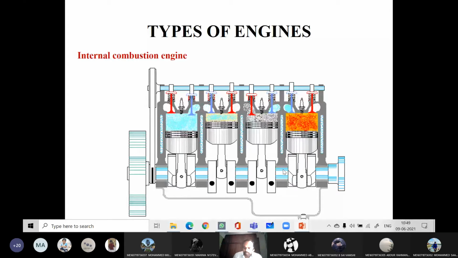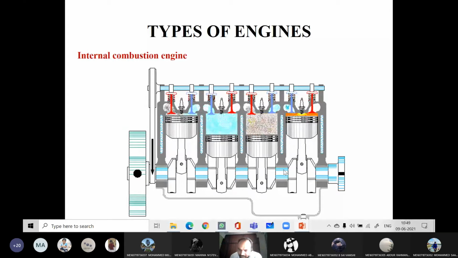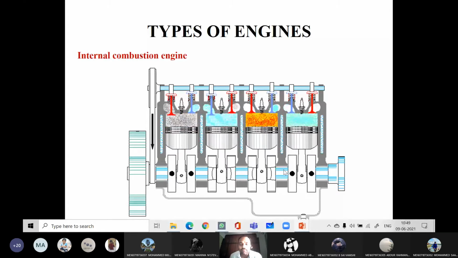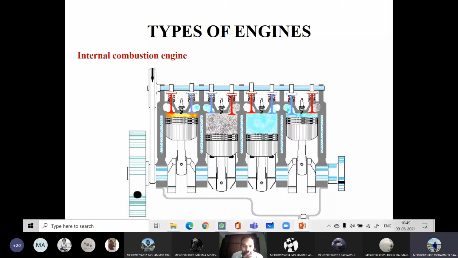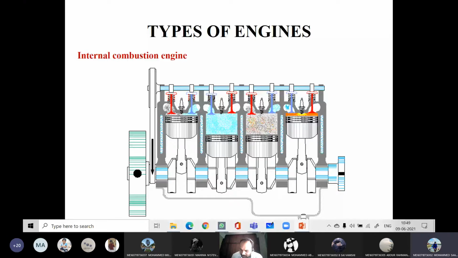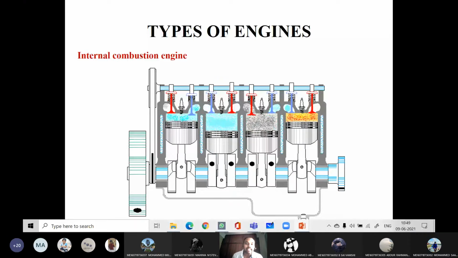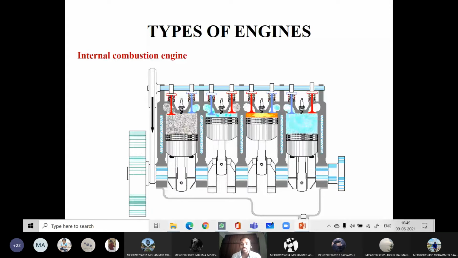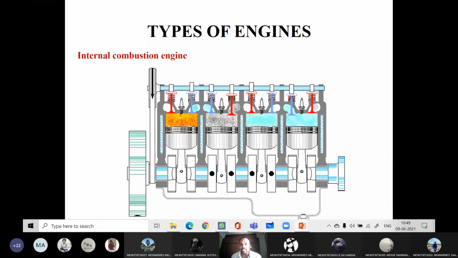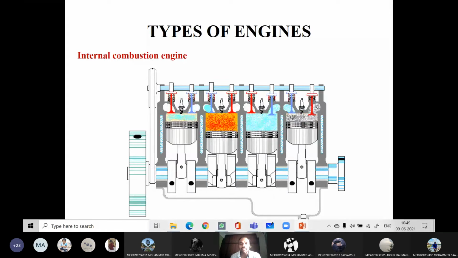Okay, so right now in one multi-cylinder engine, do you think all cylinders fire at a time? Means combustion will take place at a time? No, different time. If combustion takes place in all cylinders at a time, the main problem is a balancing problem. Because we will get a high power at one stroke, right? So that is the reason in a multi-cylinder engine we used to term the